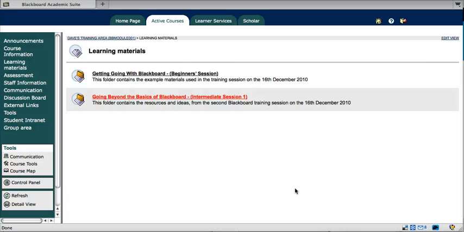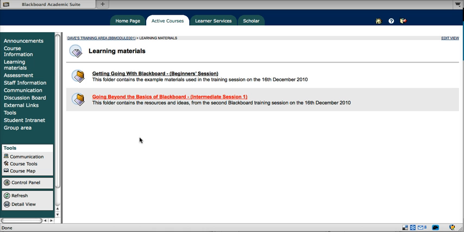I'm Dave Foord. In this screencast, I'm going to introduce the Safeassign tool, which is part of the Blackboard suite. Now, if I want an assessment that the students are going to submit electronically, I can use the Safeassign tool. It will allow the students to submit their work electronically. It will then check it against the internet and other sources for possible matches to help with plagiarism deterrence, and